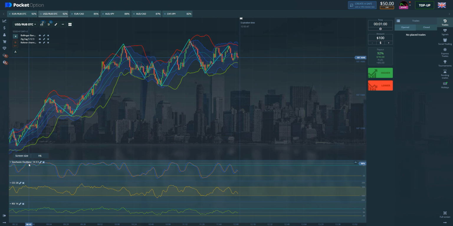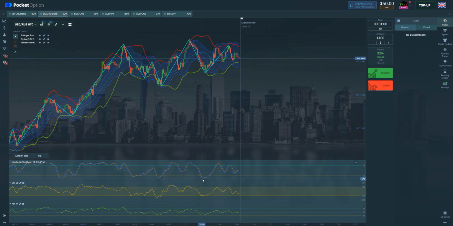So the stochastic oscillator, which also indicates overbought conditions and oversold conditions as well. When the lines match up, for example here, and the stochastic oscillator crosses the top line, that is when you would do a lower option or a put option. Similarly, where the breakout is below on the green line and it matches the stochastic oscillator, that is when you